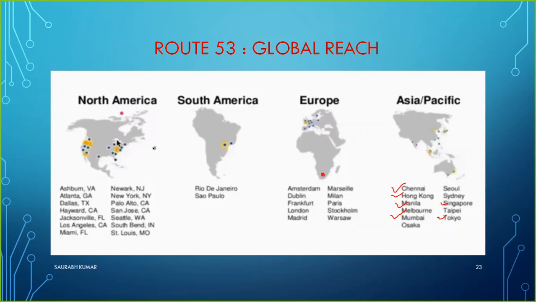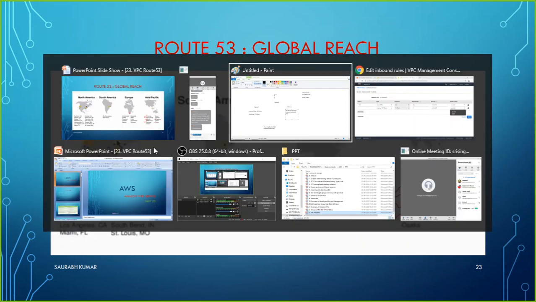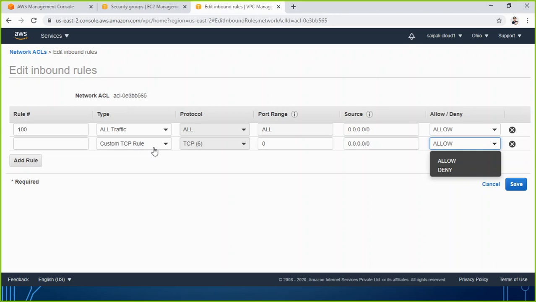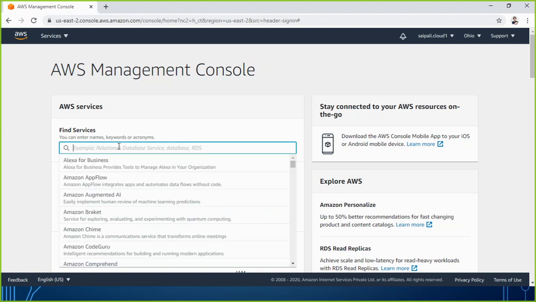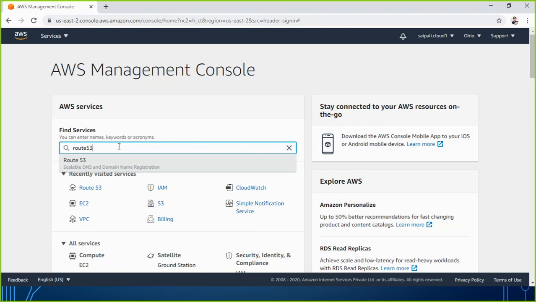Now let's have a look at the portal: how the Route 53 option looks, and what exact steps can be followed to configure Route 53. Let me go to my AWS console and look for the service. The service I am looking for is called Route 53, so you can directly search for it.